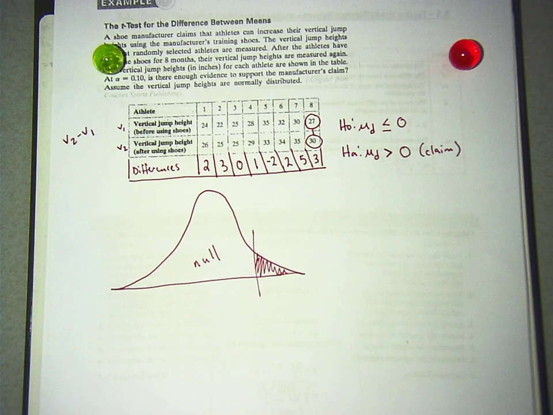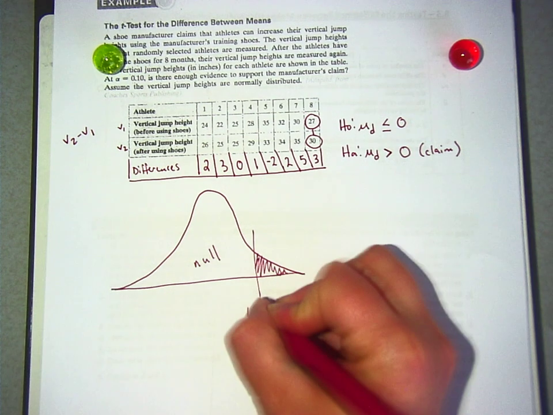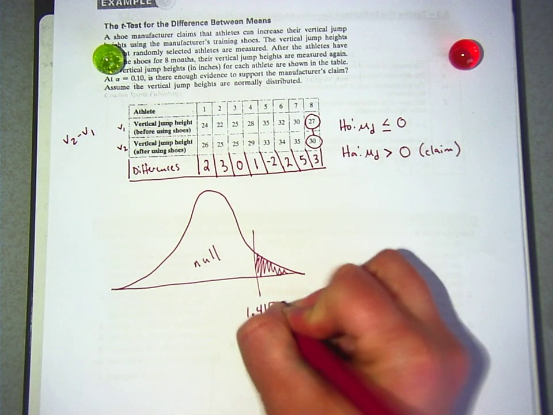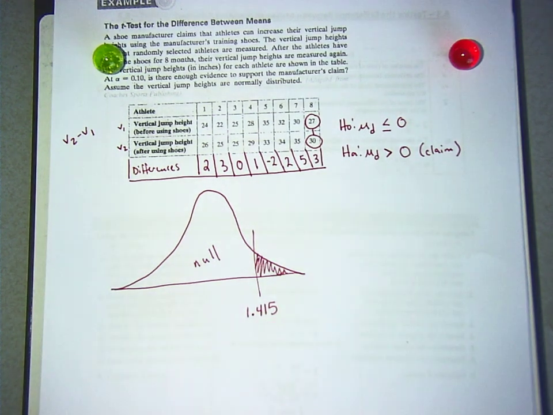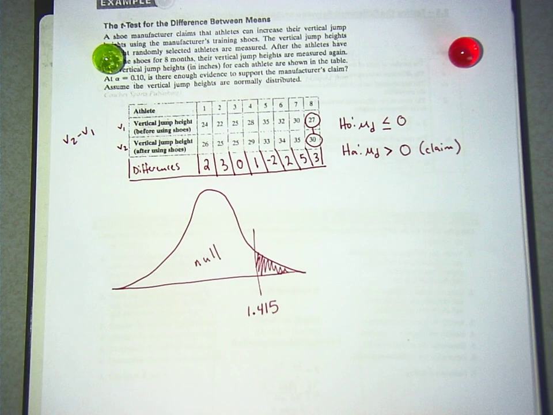I got 1.415. George, are you good with that? Okay. So there's the edge of my rejection region. And now I'm going to do the formula from the first page,